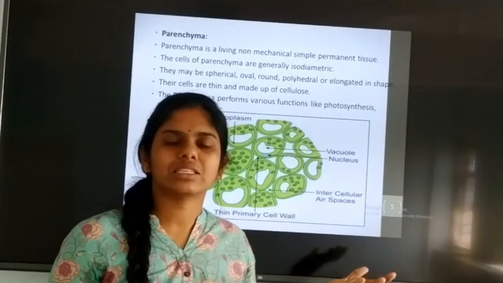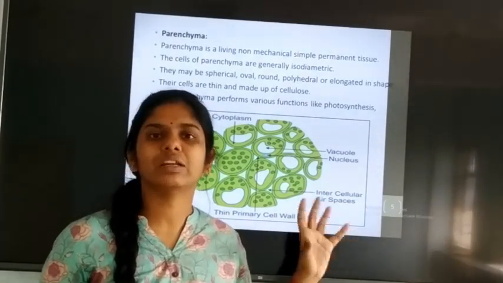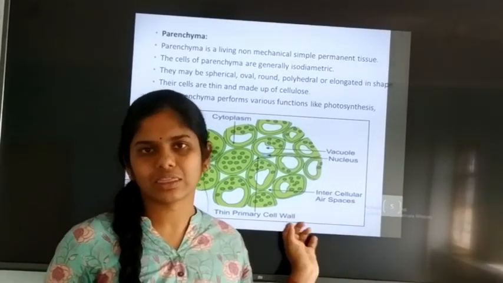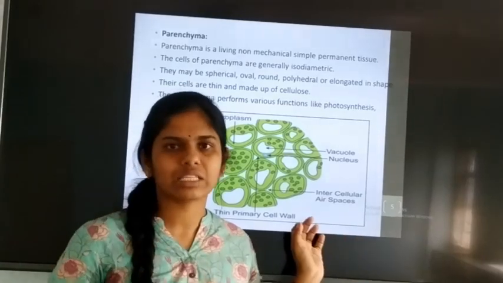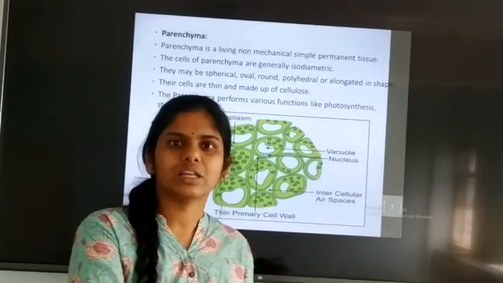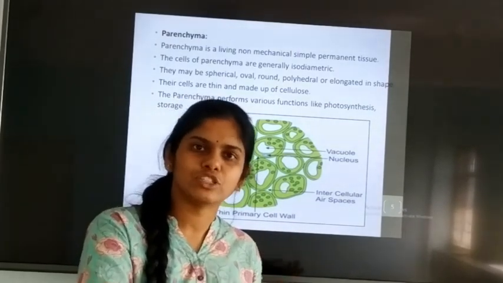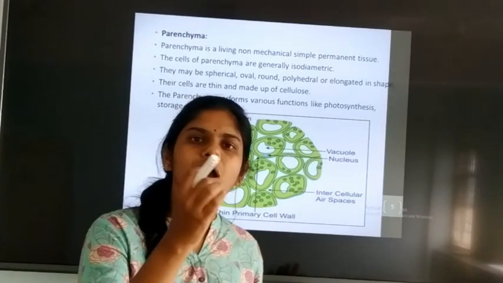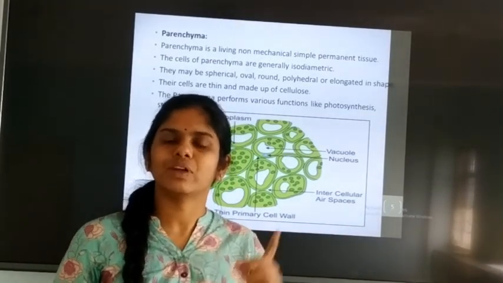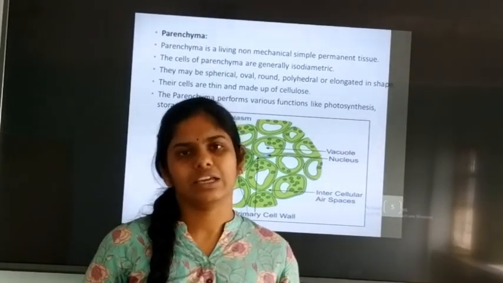So when are they weightless? Only because of the presence of aerenchyma, air-filled parenchyma cells. Parenchyma cells with a large air cavity, we call aerenchyma. So aerenchyma cells are helpful for buoyancy. Buoyancy means the plants have the capacity to float on the surface of water. It is done by the presence of a type of parenchyma cell called aerenchyma.